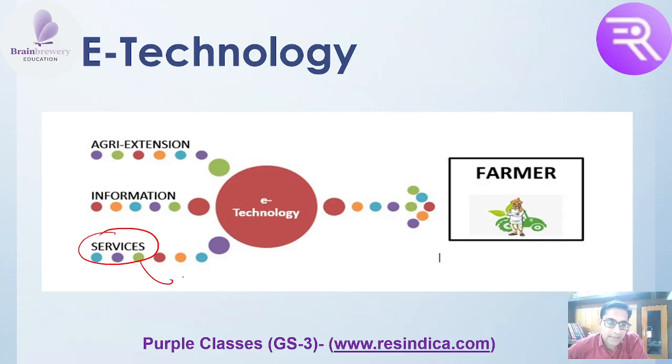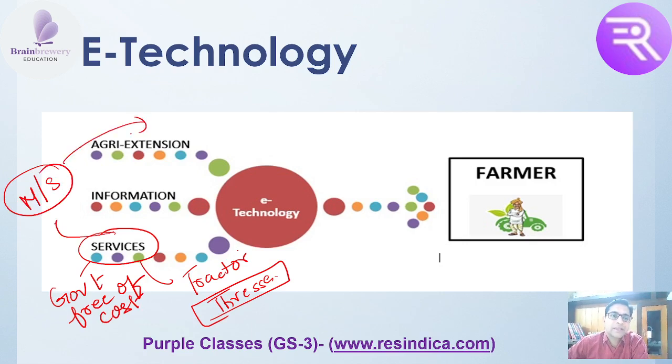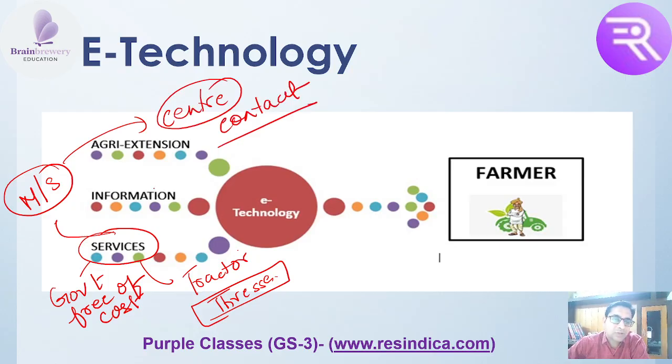Then various types of services can be anything. You can get tractor services, then you can get thresher services. Thresher is something which is used to cut down the crops and everything. So there are services which the government provides free of cost, or at minimal rate. But because marginal and small farmers don't know about these services, where their centers are, how they can contact these people, we want to make sure that these services are available seamlessly.